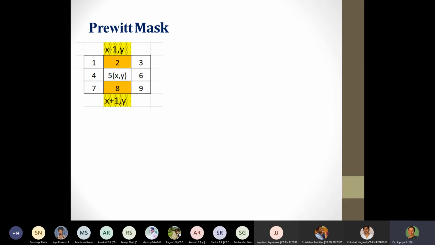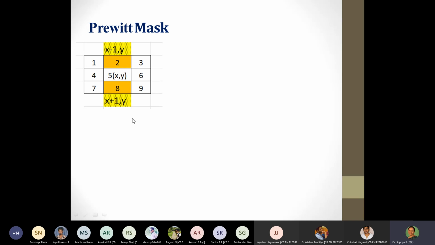So what is it that we are going to do? We are considering a simple example. Rather than the mask, we are just considering some values 1, 2, 3, 4, 5, 6, 7, 8, 9. This could be the mask values. Please note these are not the original values, they are just given to make a representation. So you want to observe the central difference, which means it is going to be between x plus 1 y and x minus 1 y. Is it right? So this minus this by 2 should give you this.